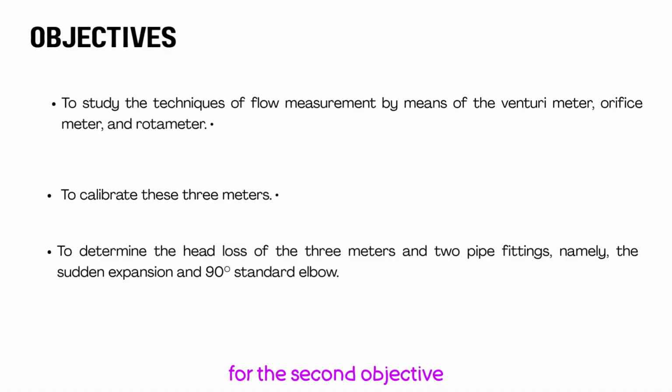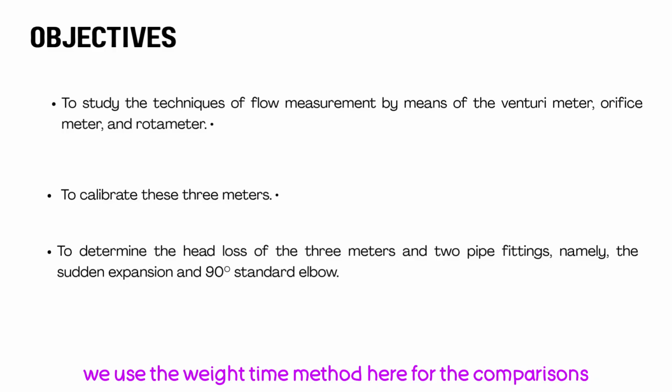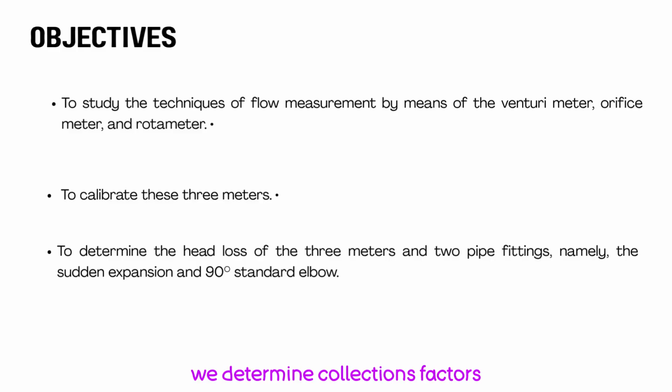The second objective is to calibrate these three meters. Calibration means comparing each meter's indicated flow with an independently measured flow. We use the weigh-time method here. For the comparison, we determine correction factors or a discharge coefficient that converts a meter reading into the actual flow rate. The third objective is to determine the head loss of the 3 meters and 2 pipe fittings: a sudden expansion